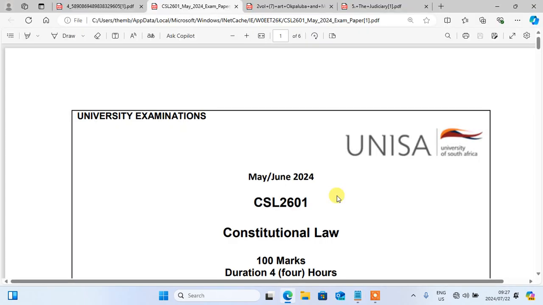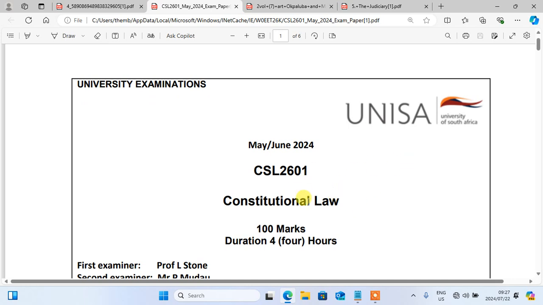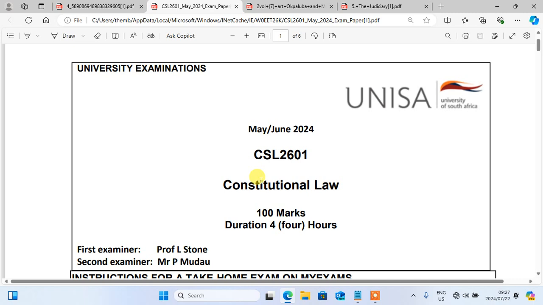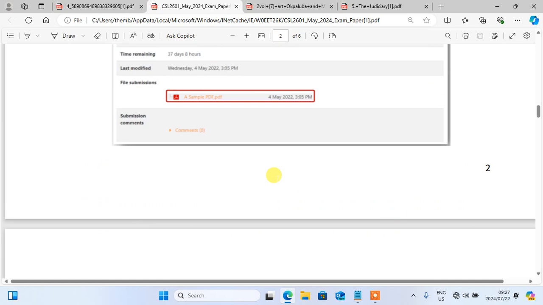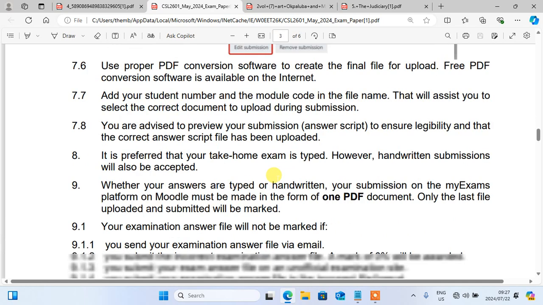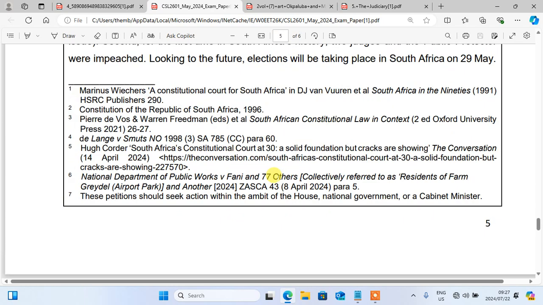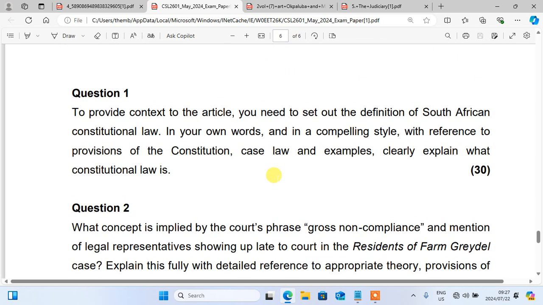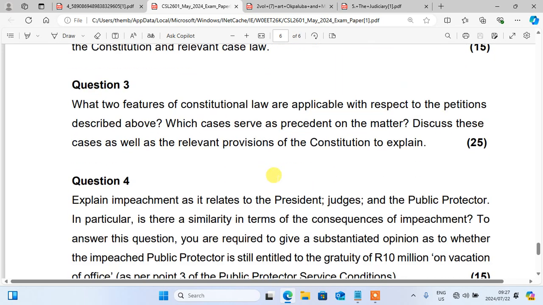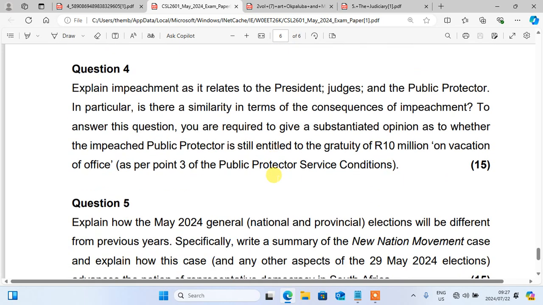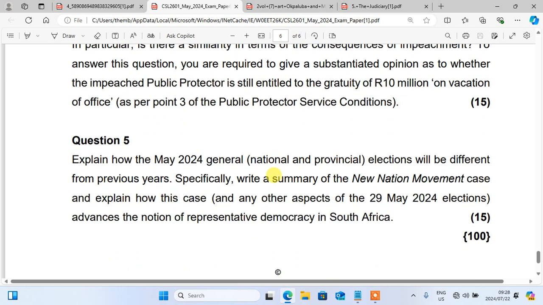Before we continue, I want to show you this. This was the constitutional law paper which was written in 2024 in semester 1. If you check this question paper clearly, this is something that you could see. Number one is that many questions were not even from the book. And they want you to apply your knowledge based on the way you are learning the law. So it is very clear that when you go to the examination, you may find many new questions that you may have to apply the law to.